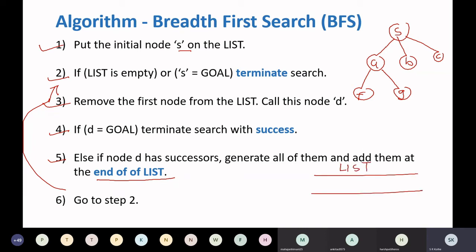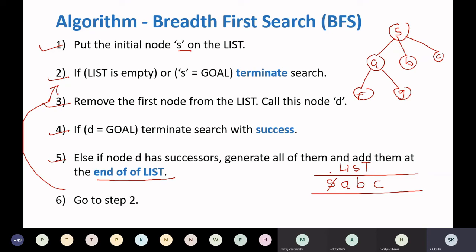Start with S, put it on this list. It's not a goal, call it D. Remove it. Then generate the successors. The successors are A, B, C. Put them at the end. Since there is no other node, just A, B, C will be there.